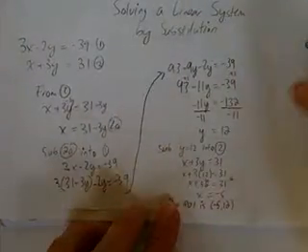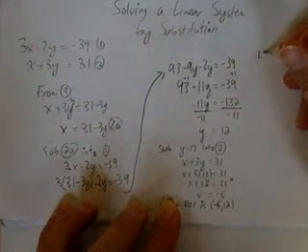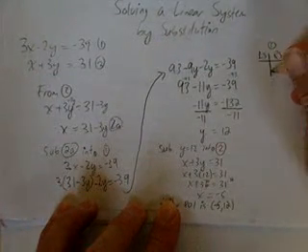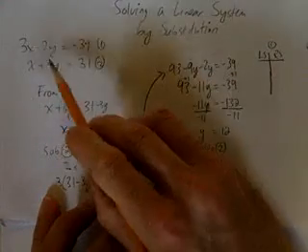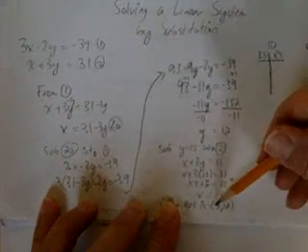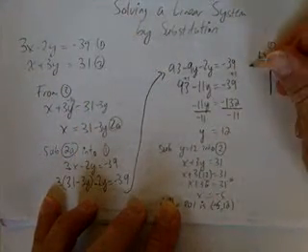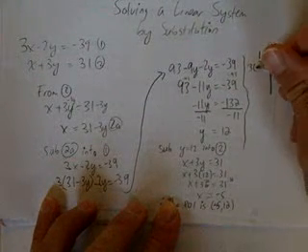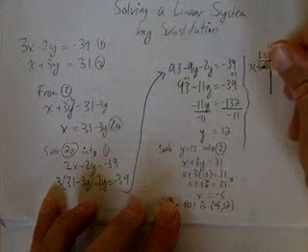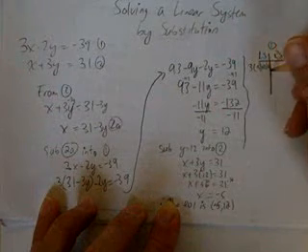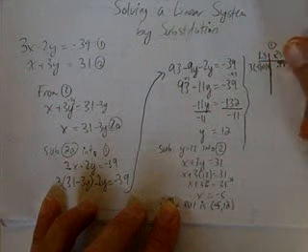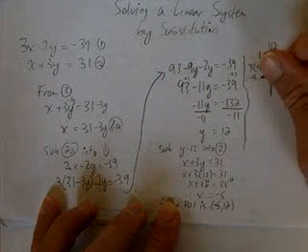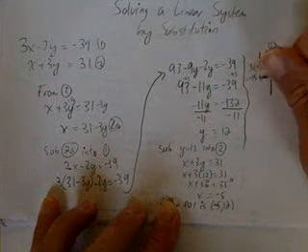We can check our work, if we'd like, by doing left side, right side on both equations. Let's call this equation 1's left side, right side, and go back to the original equations and sub in the values we had for x and y. So I'll put a little line here to keep it separate. 3 times x, that's 3 times negative 5, plus 2 times 12. The question is, does it equal negative 39? So 3 times negative 5 is negative 15, plus 2 times 12,